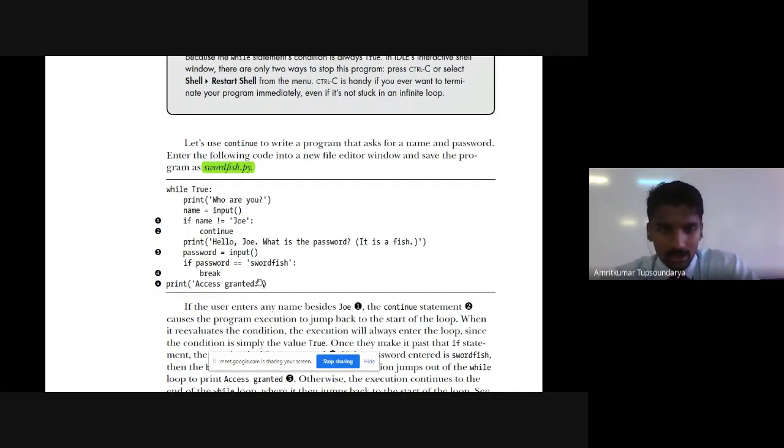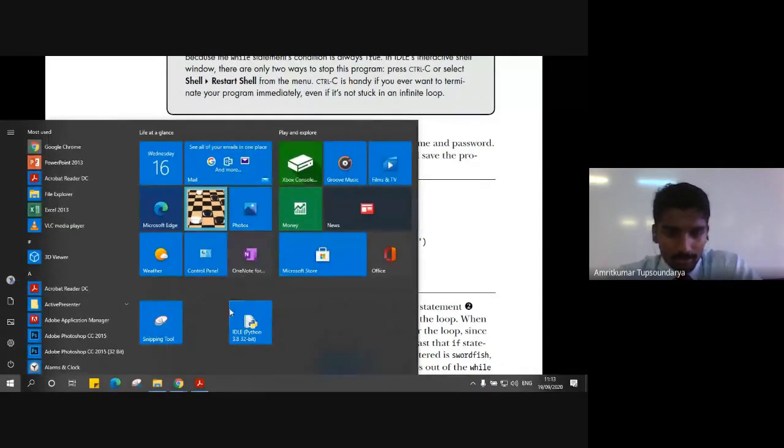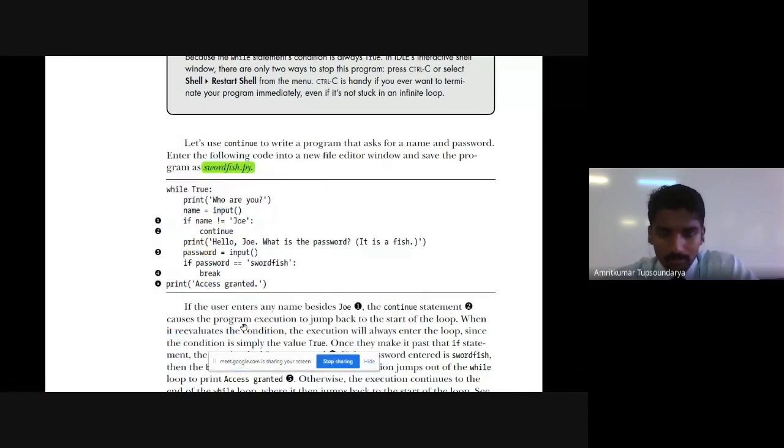Right, so we'll see how it gets executed in our Python IDE. So those who have Python IDE installed, you can do it side by side. So let me open my Python IDLE.